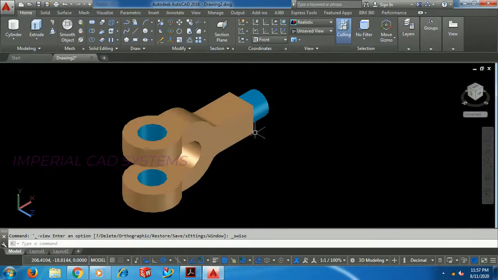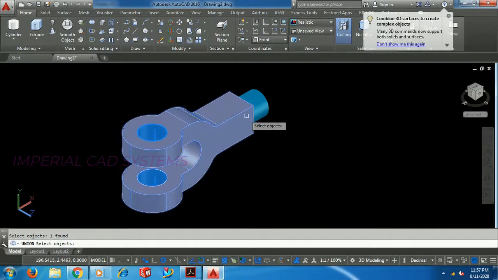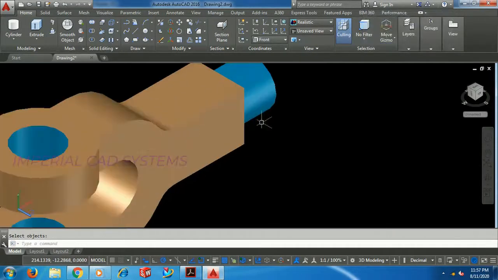Now add this, select this feature and this feature, enter, then that becomes a single part.